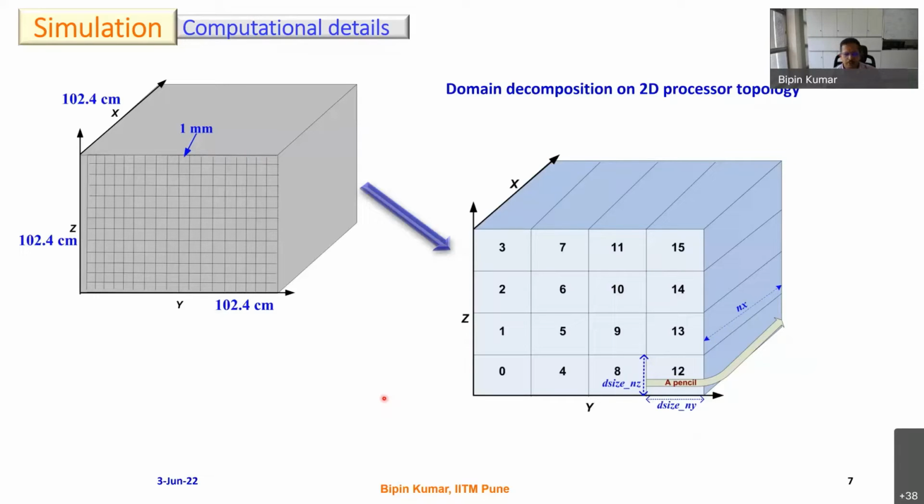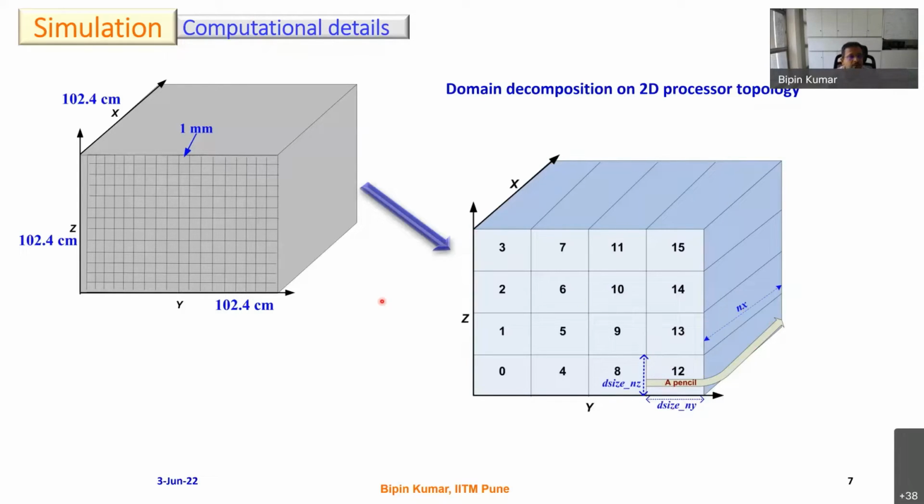All these are very standard technology. I am just telling here how we are applying everything in our cloud physics. In this case, the Y and Z direction data is broken, and the X direction data is kept as it is. So these processors, 0 to 16, are divided into the 2D processor topology. Each processor gets the whole X direction, which is the number of grid points in the X direction, and Y and Z directions are divided. So each processor gets this kind of slab or cuboid. This is called the pencil in terms of